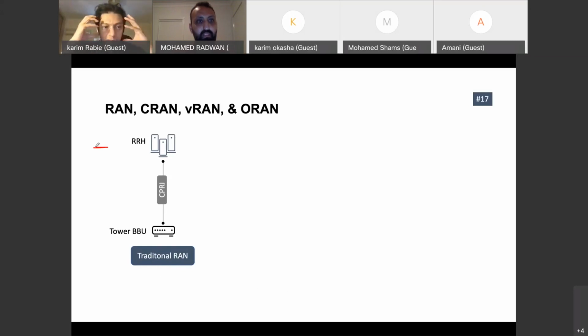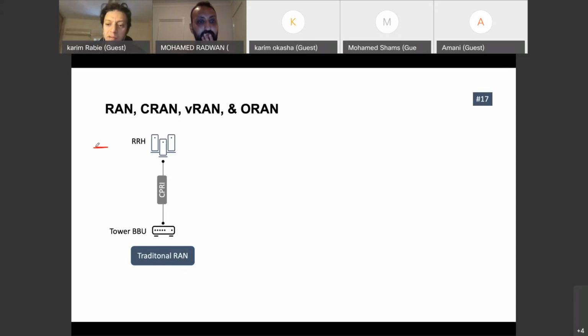Take the OSI model layers, for example. The RRU will take only layer 1, and the BBU will have the whole brain and the logic of layer 2, layer 3 and layer 4 till layer 7.